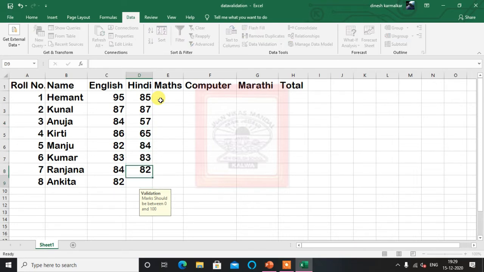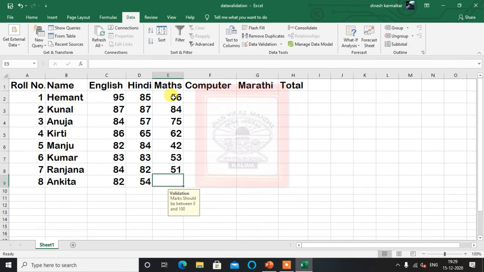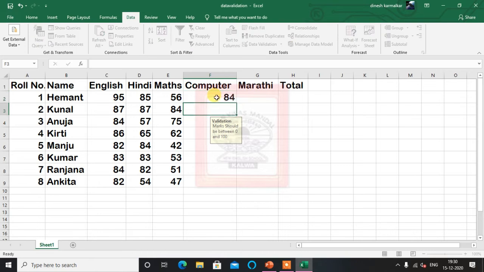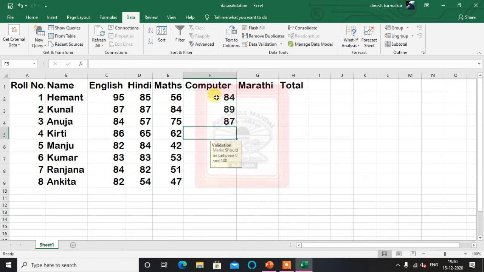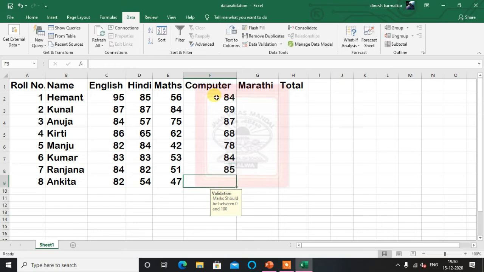So this way we have created the validation rule. Let's complete the full table.